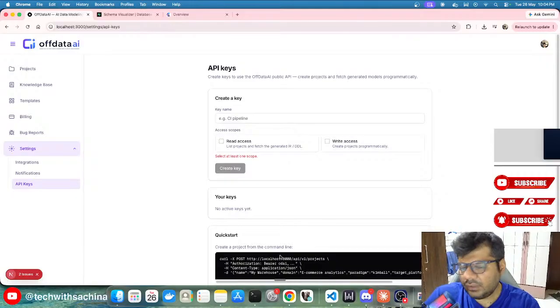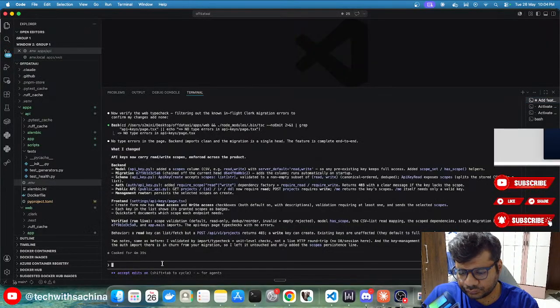Even on the read and write access for each page, I want that to be pretty fine-grained. So on what page we are giving the read access and writing. Okay, let's do that. For now this looks good, but I also want the read and write access to be pretty fine-grained, just like we have on GitHub tokens, where we select each and every component of the page.